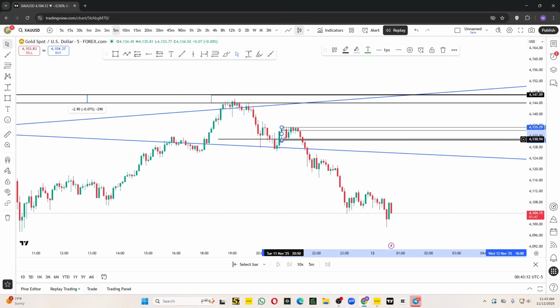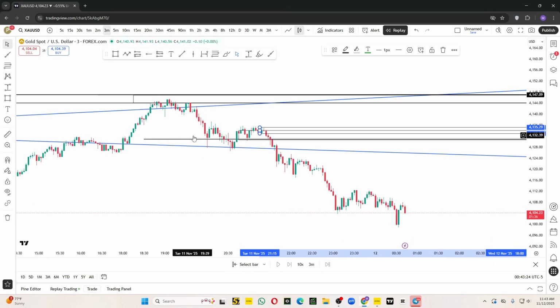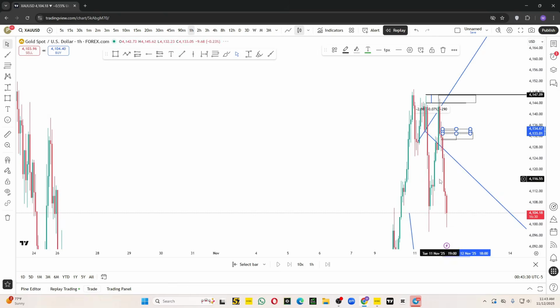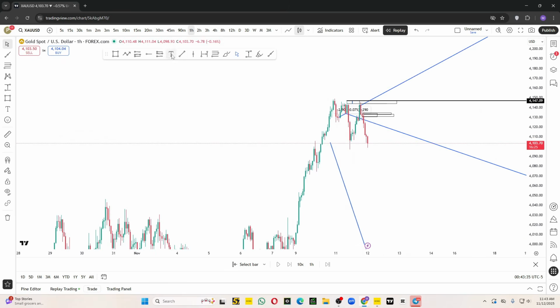Now here, fresh engulf, no overlapping as a QM, very small QM. If you have any type on there, then it will be fine. So no type on, nothing needs to be worried about. So basically this is the area where we are going to only wait for sell. What about the buy? We have